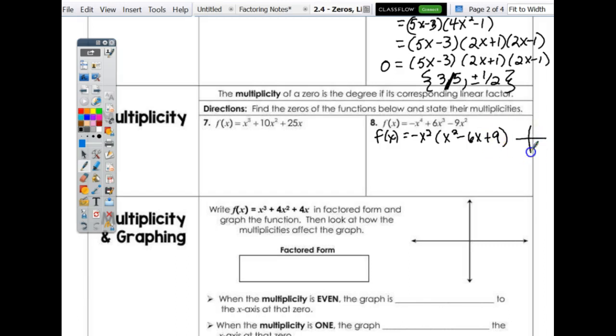And then this factors to negative 3 and negative 3, which I can write like this. So from there, I can get my zeros. So when x equals 0,